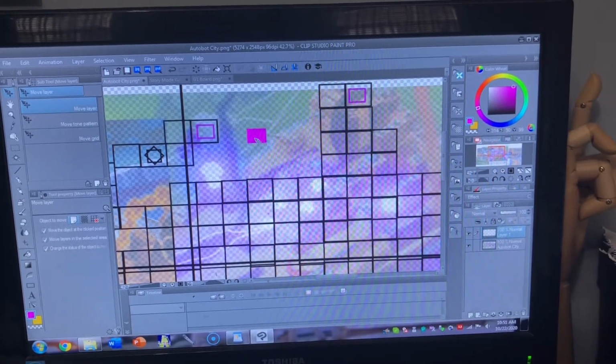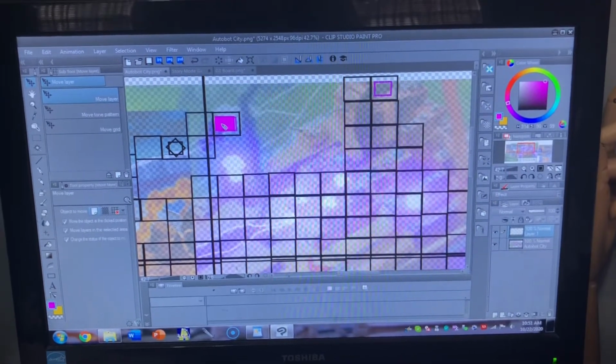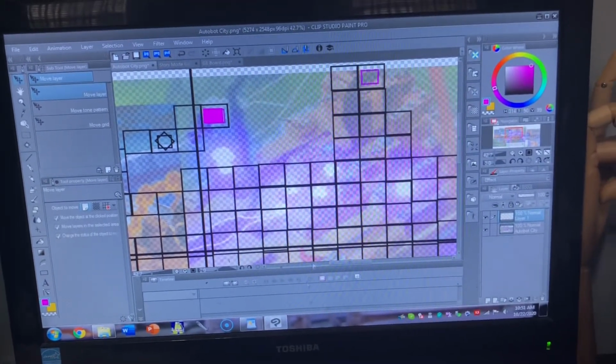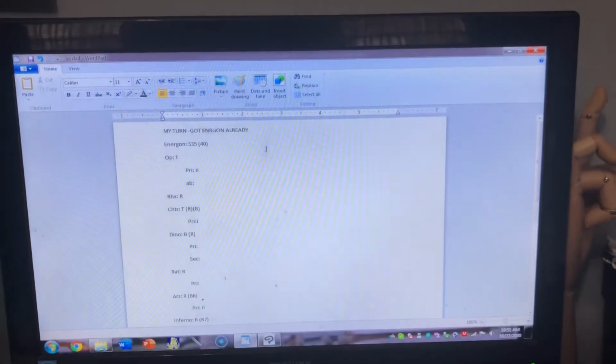That's how you keep track of where your Energon is. Once you claim it, take it off the board. When the new Energon spawns in, put it back on the board. Alright, easy as pie. So then the next thing you're going to want to have is some kind of word